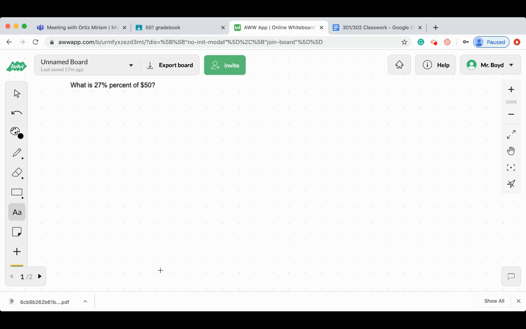So our first example problem says, what is 27% of $50? Now, we're going to have to recall what we did earlier this year and what we did earlier this month when we were reviewing multiplying decimals and whole numbers. So the first thing that you are going to need to do is change 27%